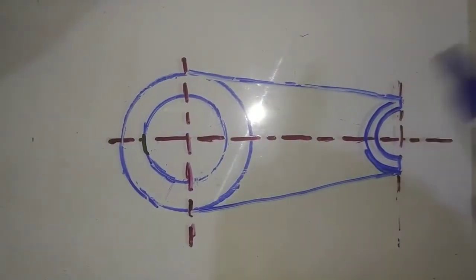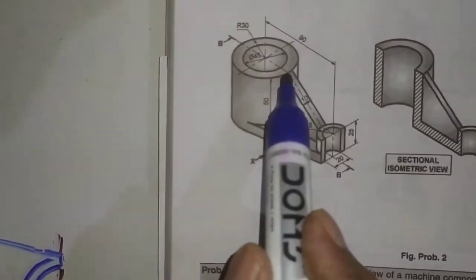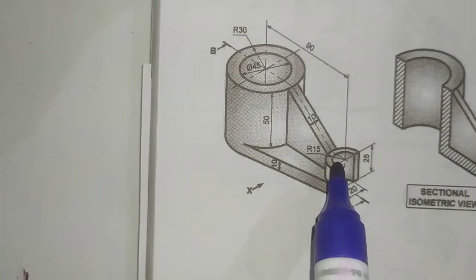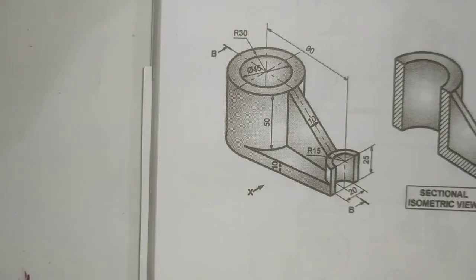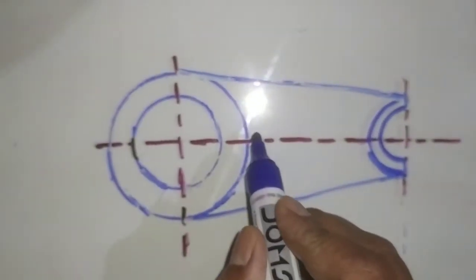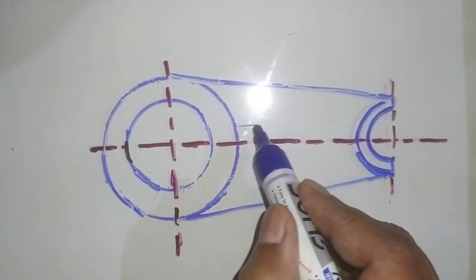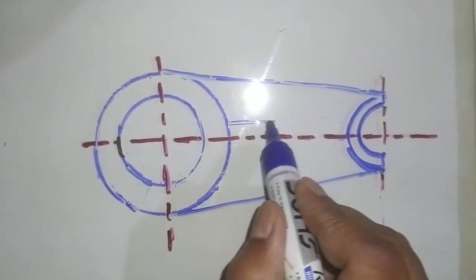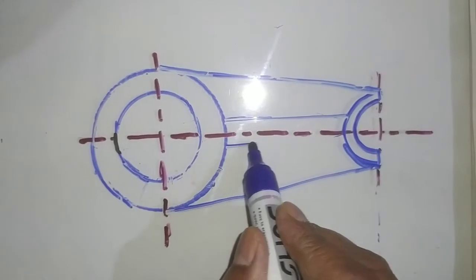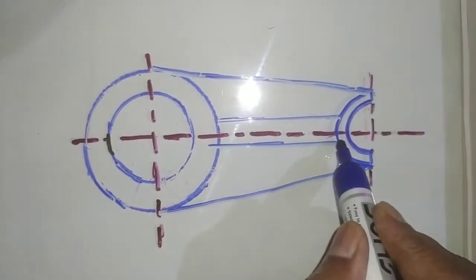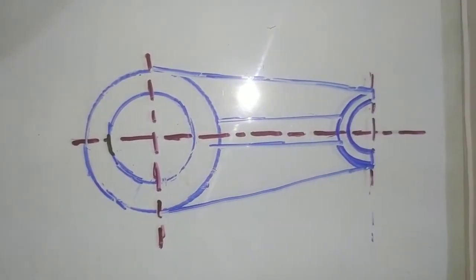Now what is the rib? Rib starts from here. Look at that. It starts from the external diameter here, and here where it starts. And so the rib will be, what is the thickness? That is 10 mm, 5 mm on the other side, 5 mm. From top view, we are drawing top view. So we have completed the top view.